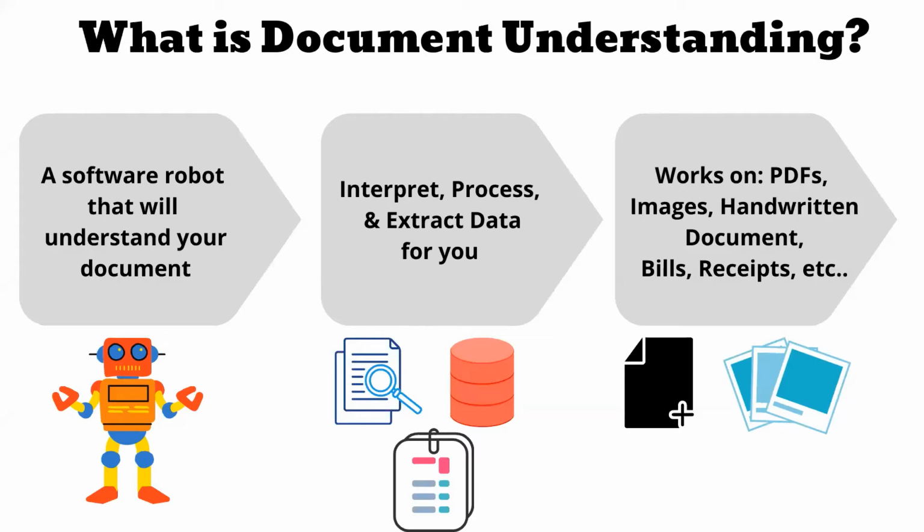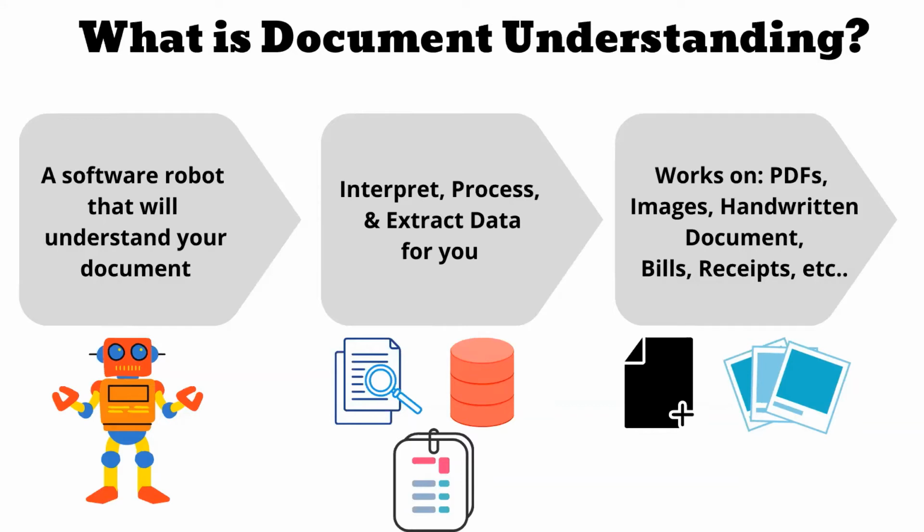Now, once you have built the robot or built the workflow and you have trained him and you have told him like I need this particular data from this document, it will interpret the document, it will process the document and extract the data for you. So as you can see the visual below the definition, in the first definition there is a software robot below. In the second, it is interpreting. So the first image which I have kept, it is understanding or it is searching the document. It is processing the document below, as you can see the image with pink and blue lines, and then after that it is extracting the data and giving it to us.